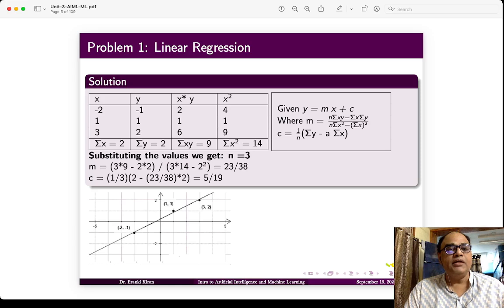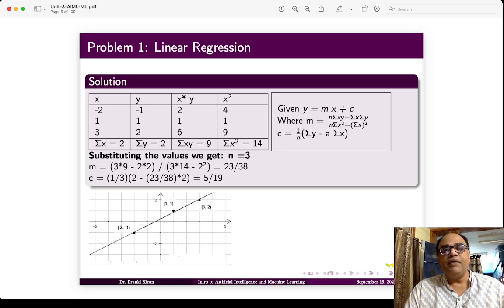We take the mean value of x and mean value of y, and then we compute the product of x and y, the product of x into y, and then we square the x value. So the sum of x square, and then we apply the straight line equation, that is y equal to